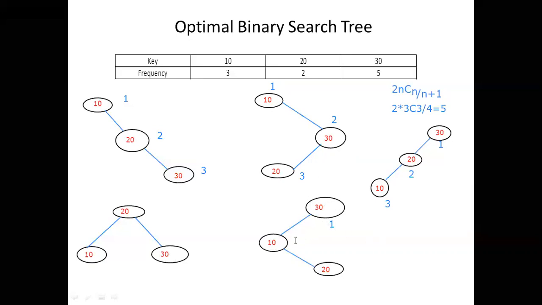30 is equal to 30. I want to search with 10. First comparison is between 30 and 10. No. 10 is equal to 10. Yes. The third term is I want to compare with 20. Right? Is 20 there on this particular tree or not? First, 30 is equal to 20? No, 1 comparison. 10 is equal to 20? Second comparison. 20 is equal to 20, third comparison, it is a match.